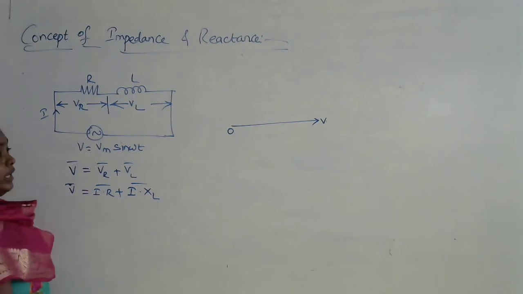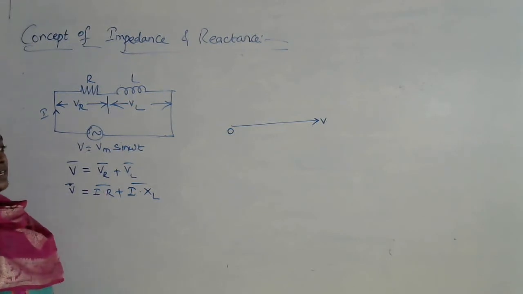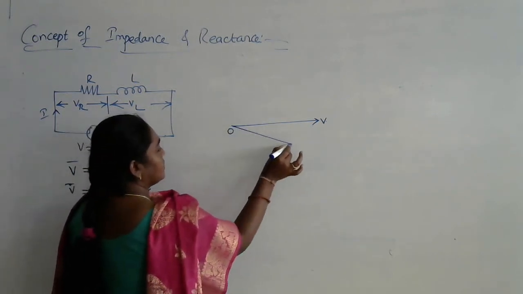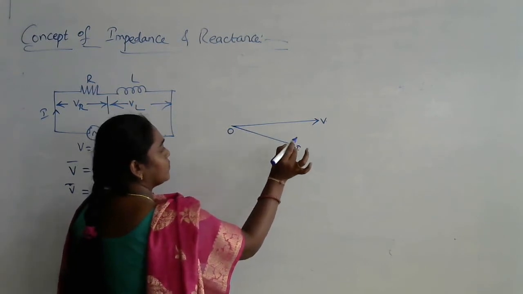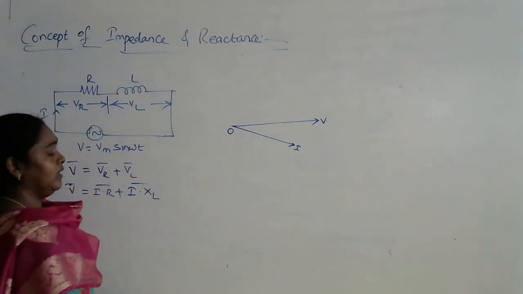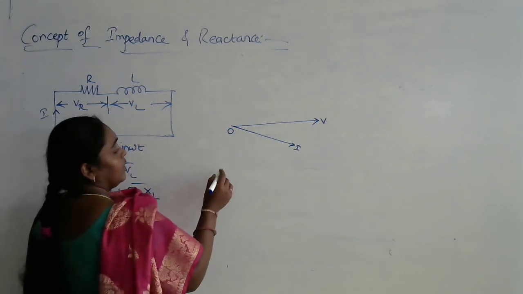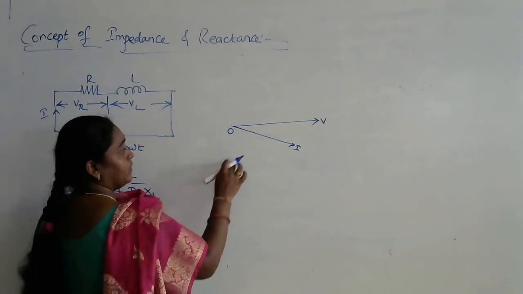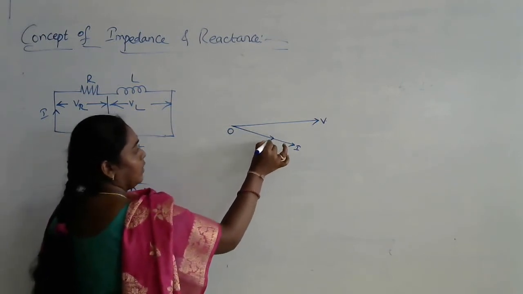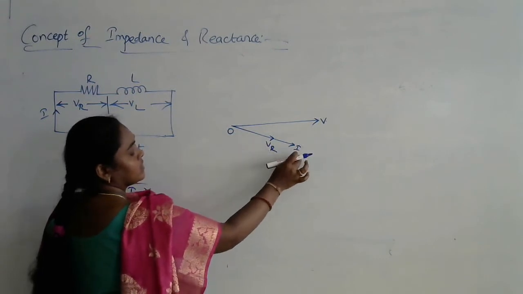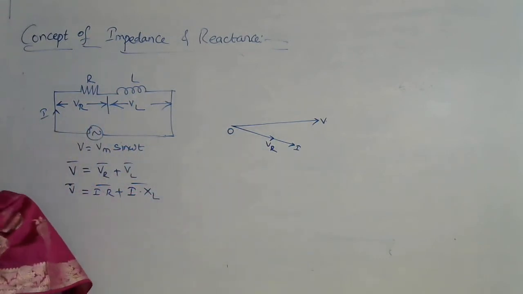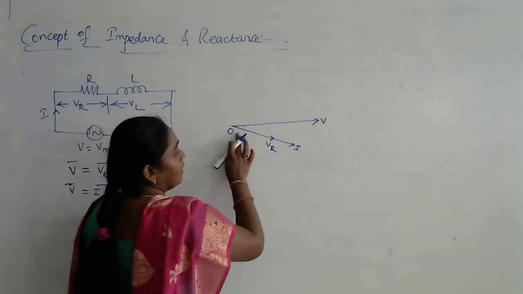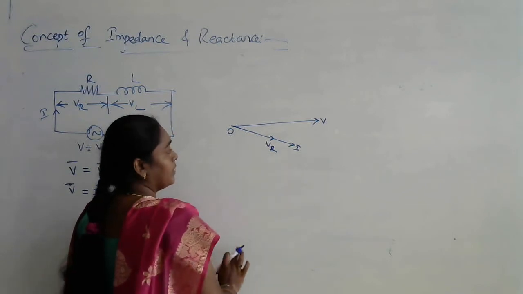The property of the resistance itself indicates that it opposes the flow of current. So the current flowing in a resistance is less when compared to the voltage. And as we have just seen, the resistance has a phase difference of 0 degrees between the voltage and current, so the voltage across the resistance is in the same direction as the current. So instead, if we take this as a voltage, we will have the current in this way for the resistance.